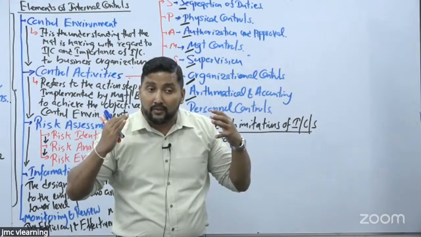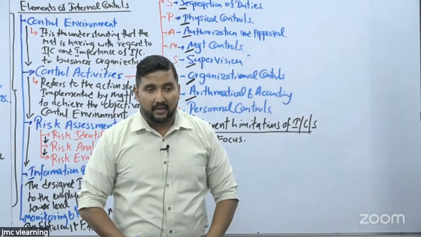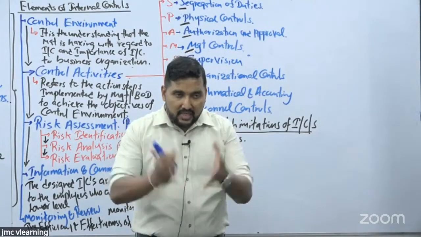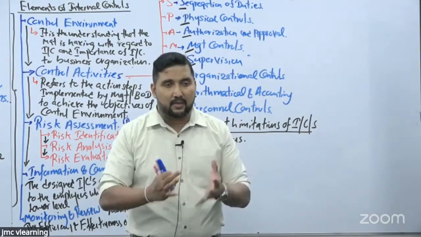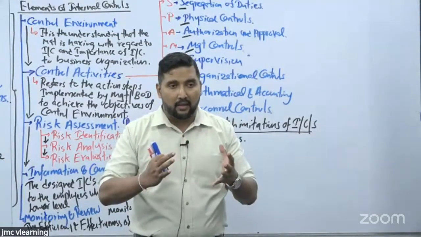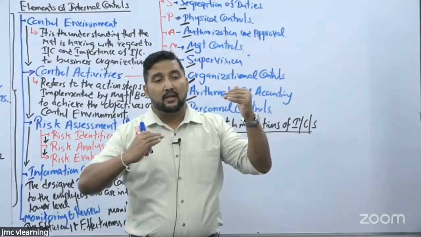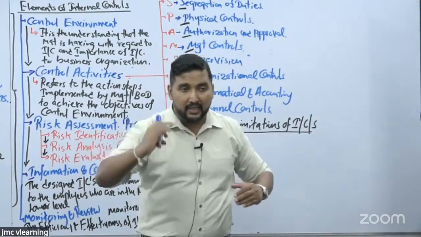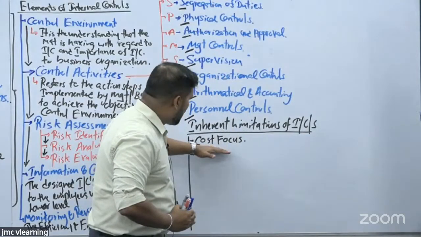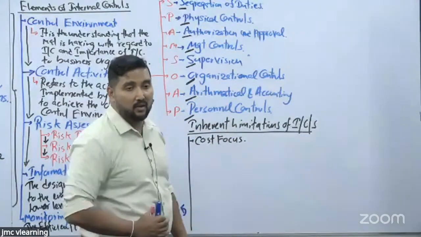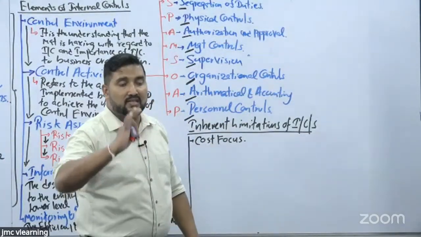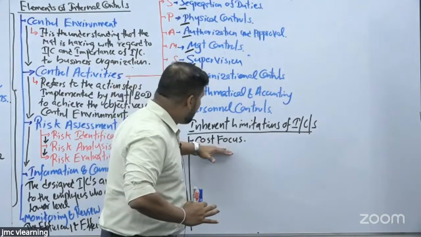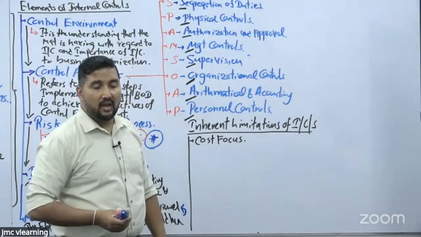So you need to look at it from that angle. Agreed. But most business organizations have the objective of making profit, of maximizing profit. So they always compare cost versus benefit. You can compare cost versus benefit for anything, but better you do not compare cost versus benefit for internal controls. If you are comparing cost versus benefit for internal controls itself, it is considered an inherent limitation. Are we clear?